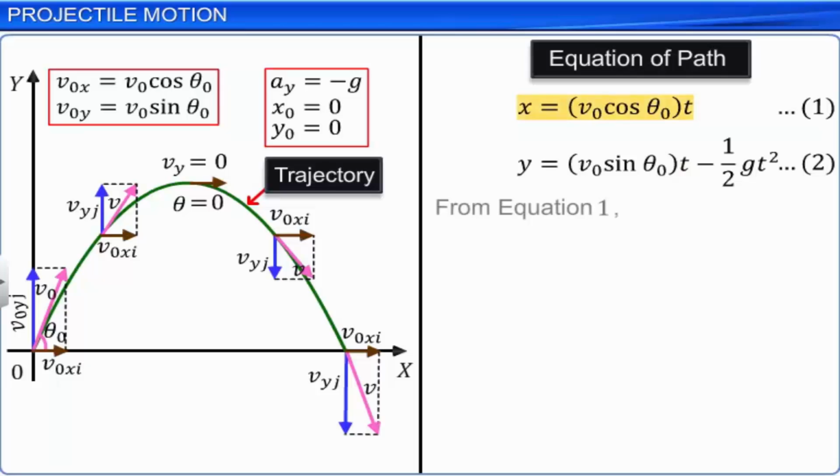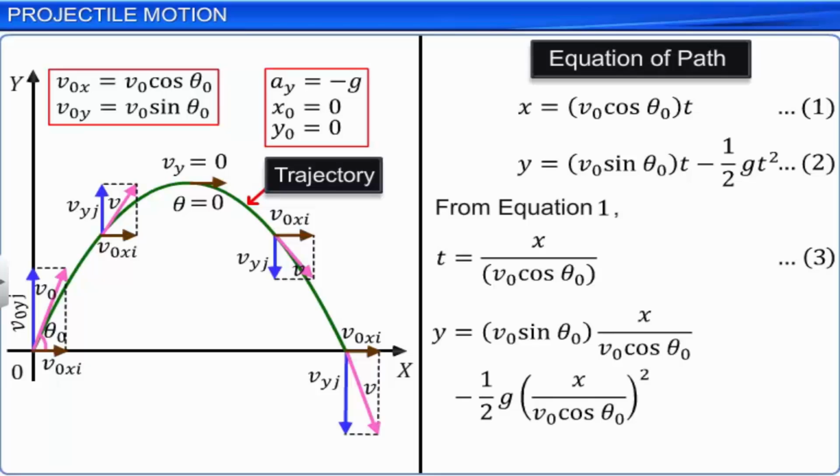From equation 1, we can write t is equal to x divided by v0 cos theta 0. Let this be equation 3. Substituting equation 3 in 2 and simplifying, we get